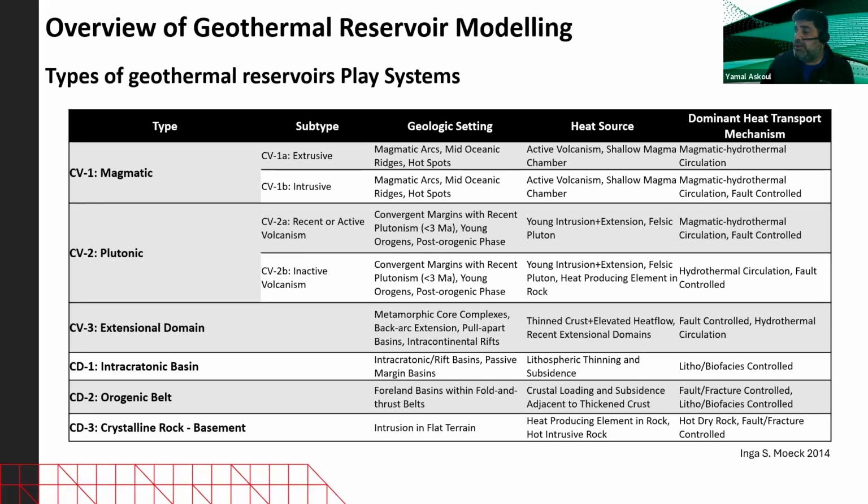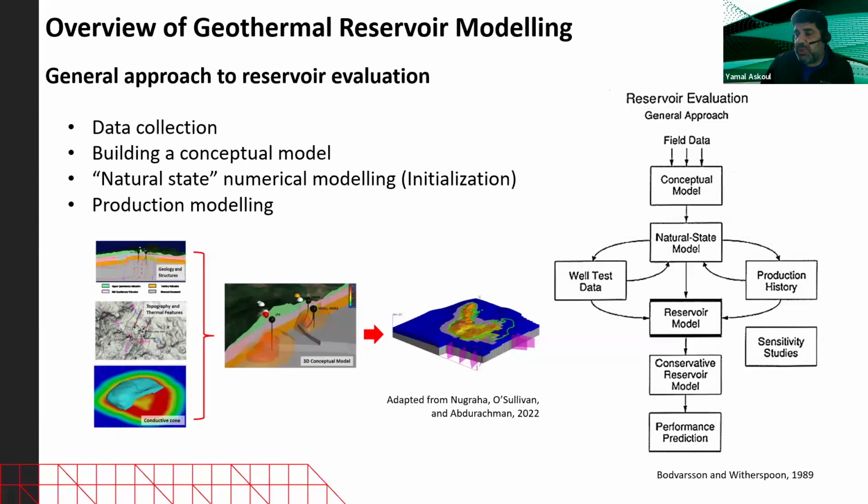Again, this table is well known in the geothermal space, and it helps to characterize in an exploration manner the possible play that we have available. Now, if we move to the next slide, we go into another point, which is also important to understand. And again,